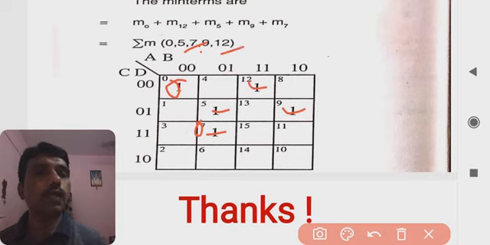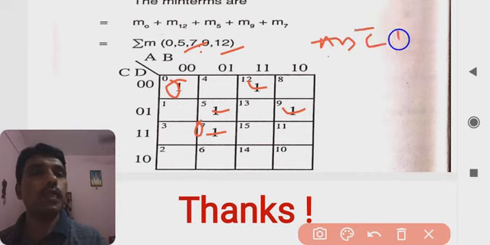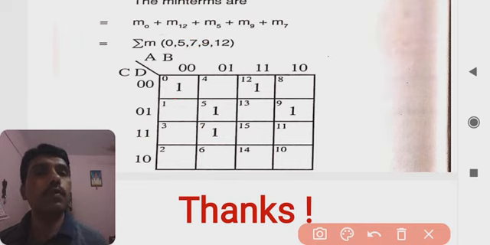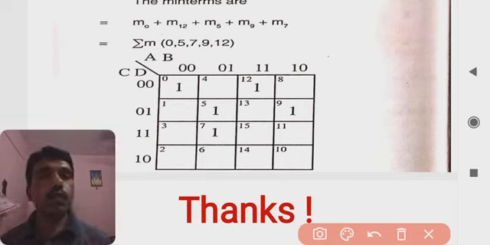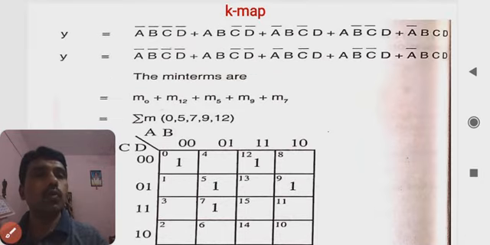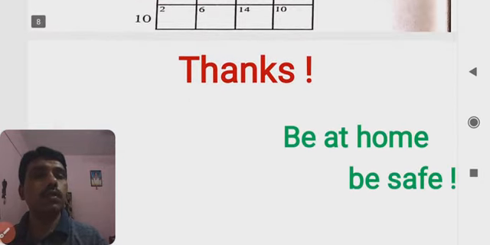Why is it 12 here? Because if you look at A B C D, the values are 1 1 0 0, that means A B C complement D complement, and according to that it is 12, and that's why we put 1 here. The remaining cells you keep as they are, and that's the representation of the K map for 4 variables. You can also go in reverse, from the K map you can get the expression, and that way you can also get the simplifications.